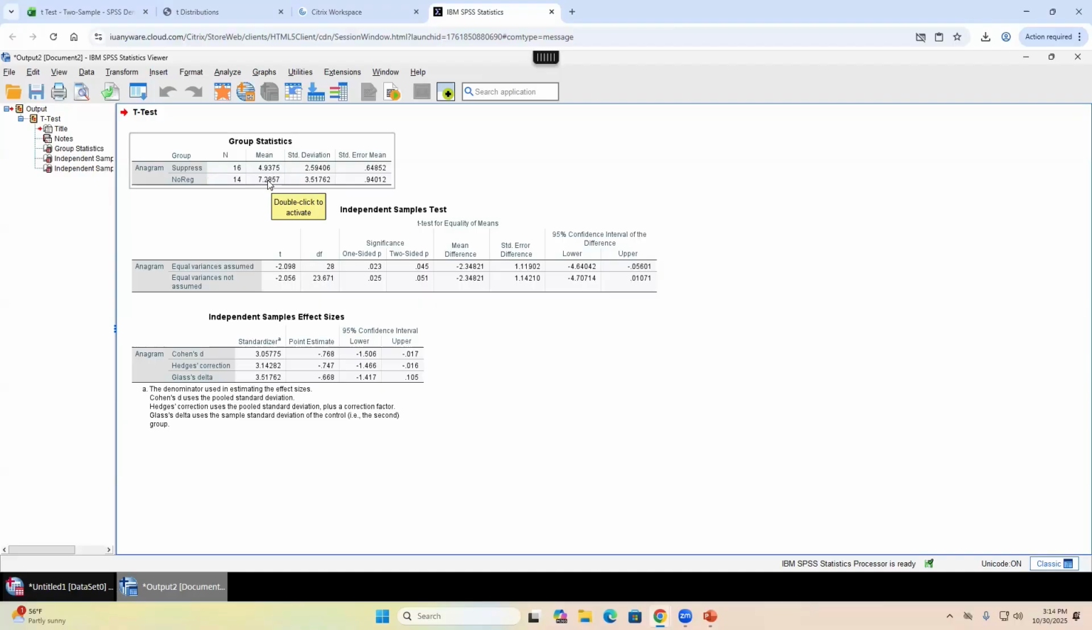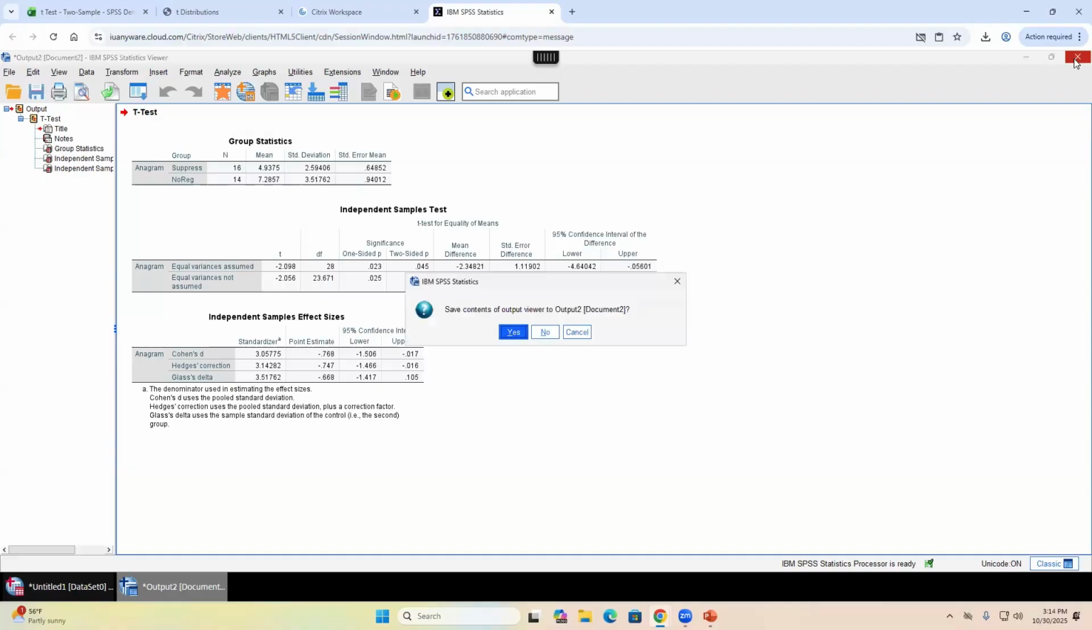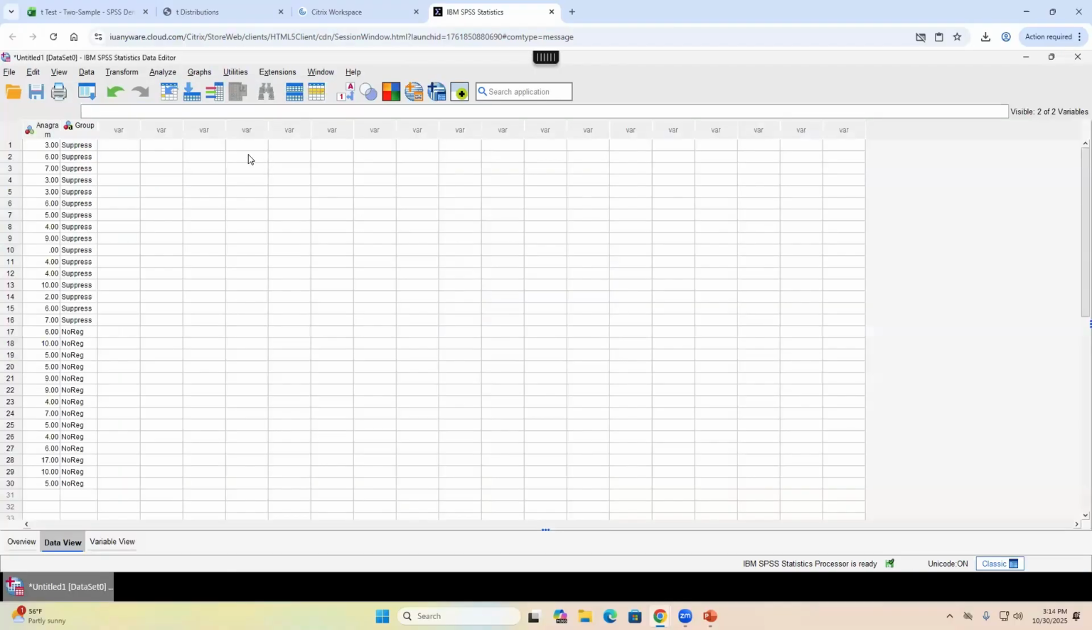So in our directional hypothesis test, we are looking for a positive difference. We're looking for no regulation is higher than the suppression group. And in a positive difference, we're looking for a positive t statistic, and we should get one. But notice here that our t statistic is negative. If the t statistic is negative, but it should be positive because your no regulation group is higher and we're testing for higher, then what I would recommend is just cancel out, close this down, no need to save it,